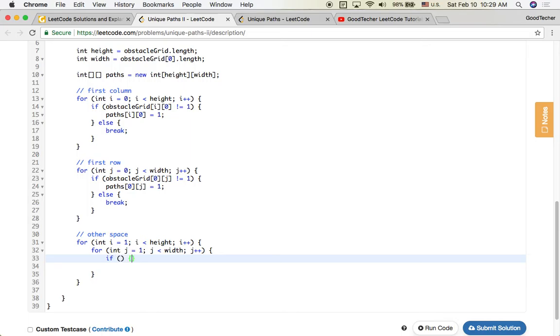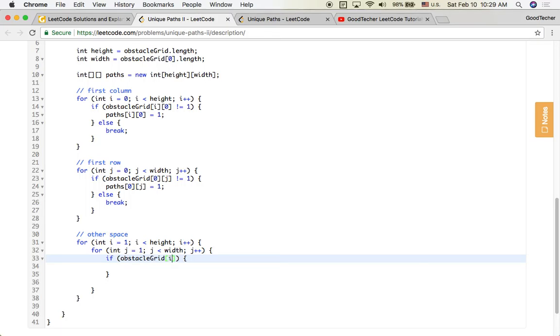So if that obstacle grid is not an obstacle, the unique path, as we just mentioned, would be the sum